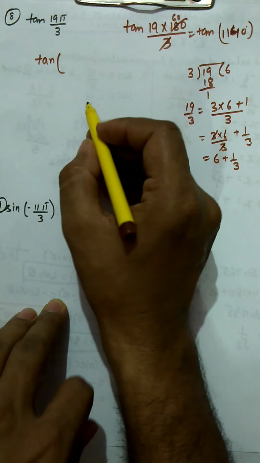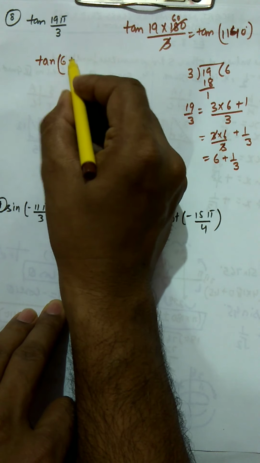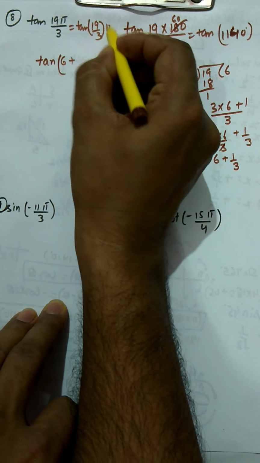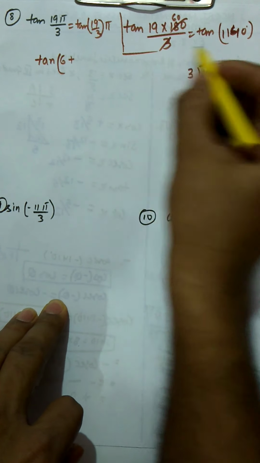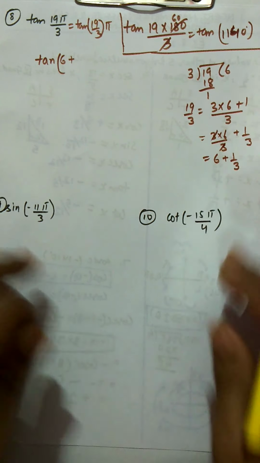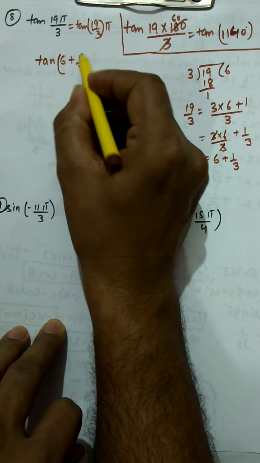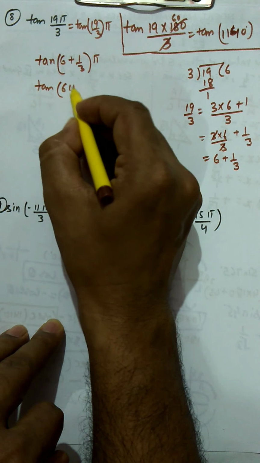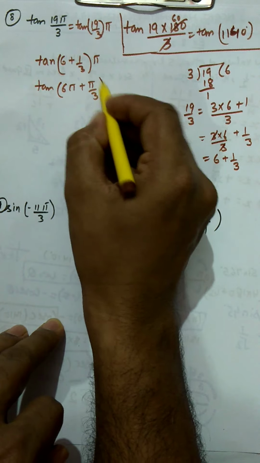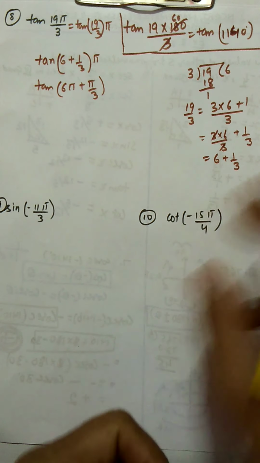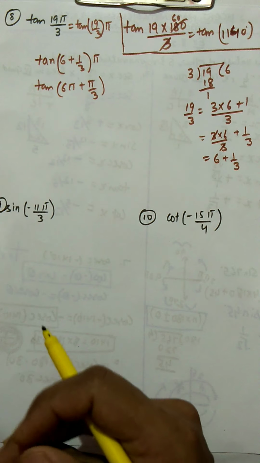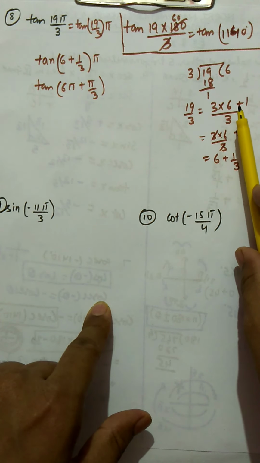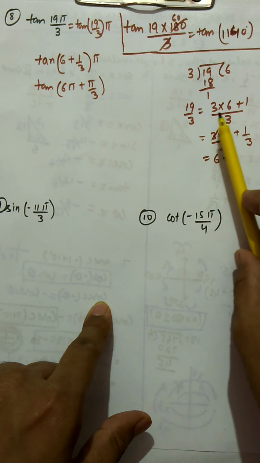So this again can be written as 6 plus 1 by 3, because you can write 19 by 3, and pi you may take outside. So now you write this 1 by 3 and pi is there. Now you multiply pi inside. So you are going to get 6 pi plus pi by 3. So all the procedure I have told you how to convert that. Sometimes you might get plus or minus something, but you always have to divide.